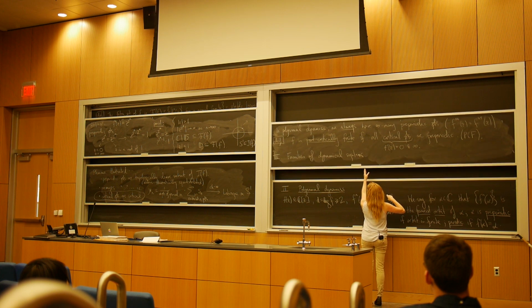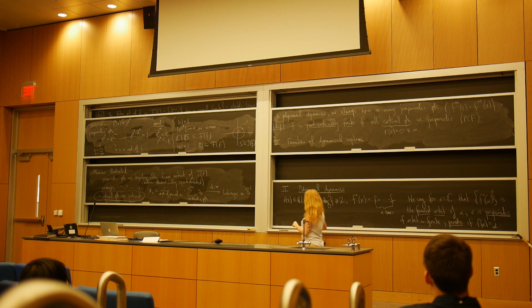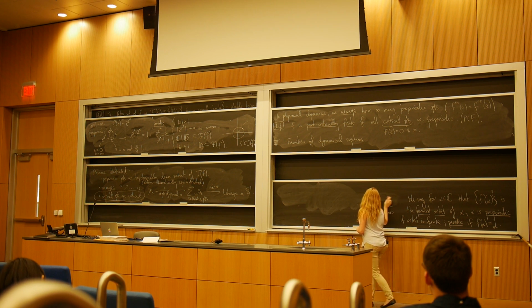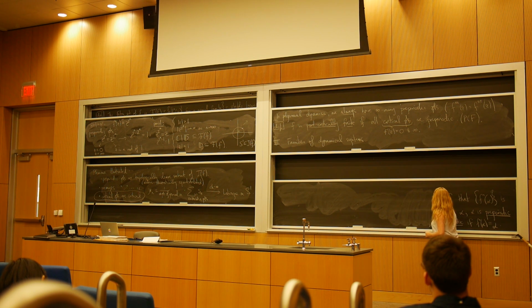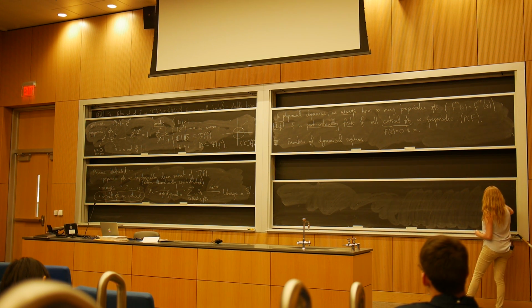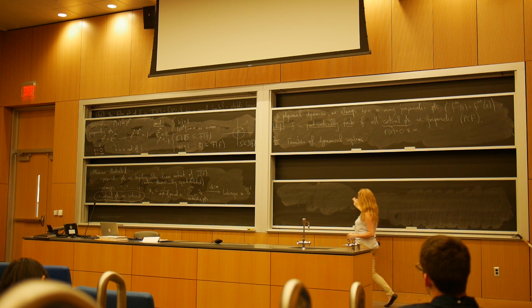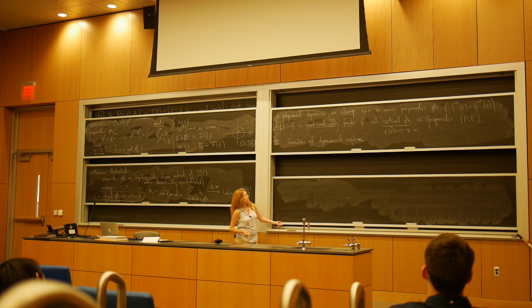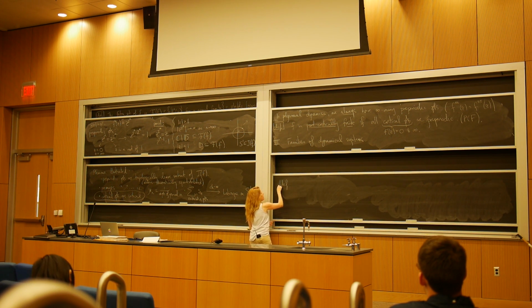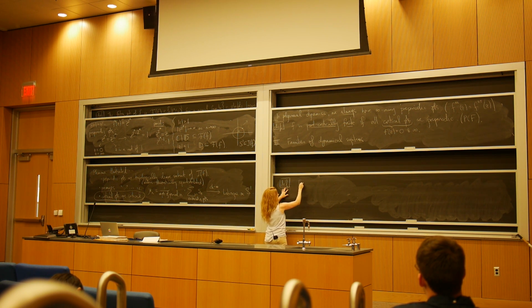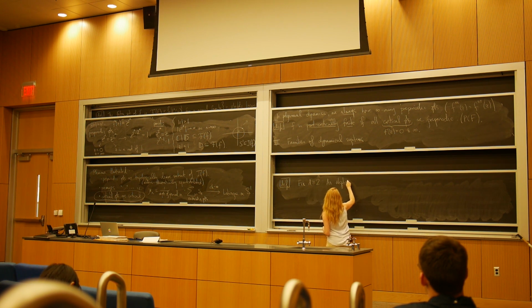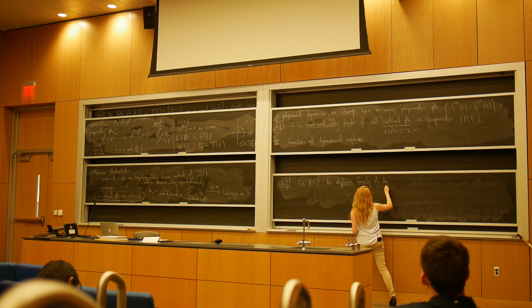This will allow me to ask questions like the unlikely intersection question. All right, so in general, let me just define for you. What do I mean by a family of dynamical systems? If I fix a degree, then an algebraic family of dynamical systems